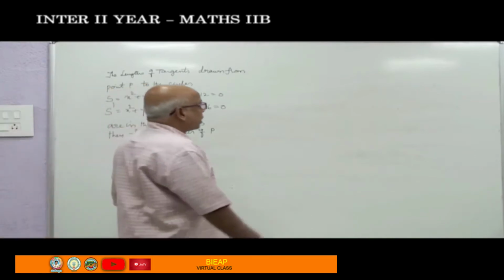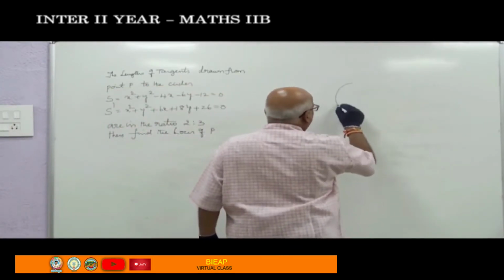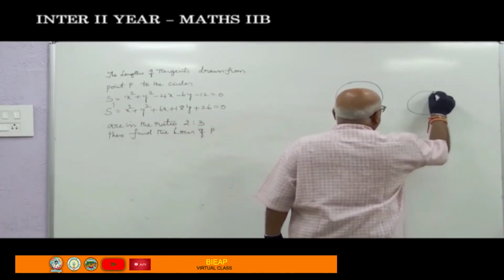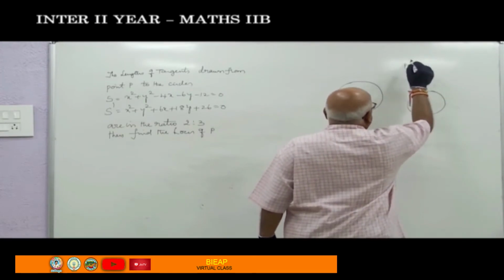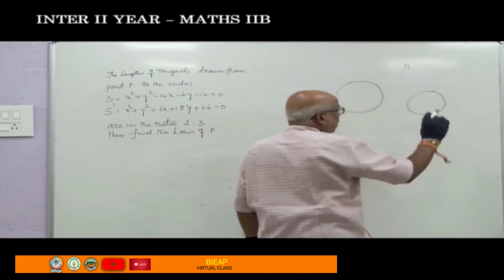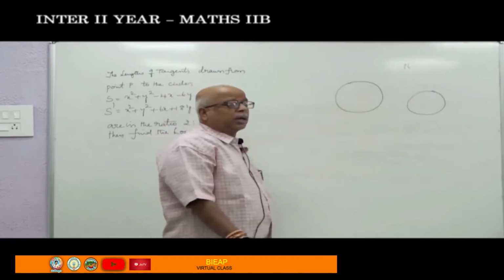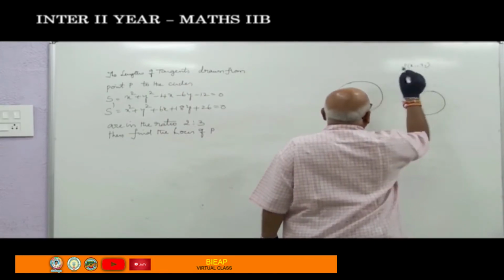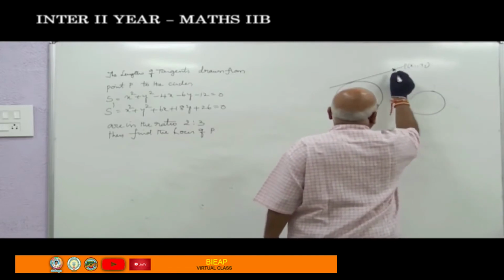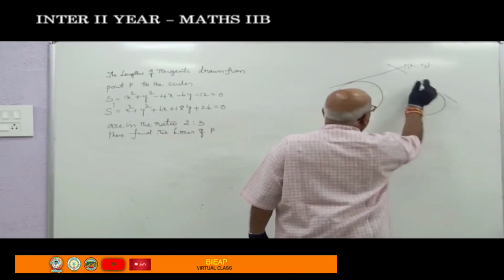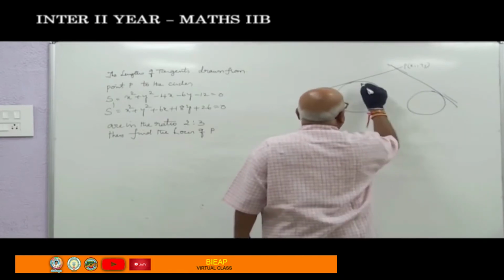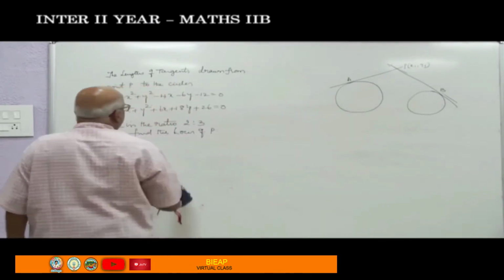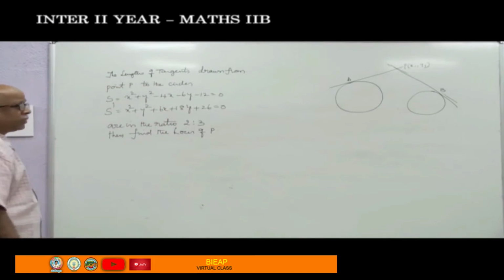What is the meaning of this problem? Here we are having two circles, sir. This is the first circle, let us say this is the second circle. Here is a point P. We don't know the coordinates of that point. Let us say you can take xy or x1, y1 or h, k according to your convenience. So I will take x1, y1. From this point, two tangents were drawn to these two circles. Let us say PA, PB. This PA by PB ratio is 2:3. Then what is the locus?